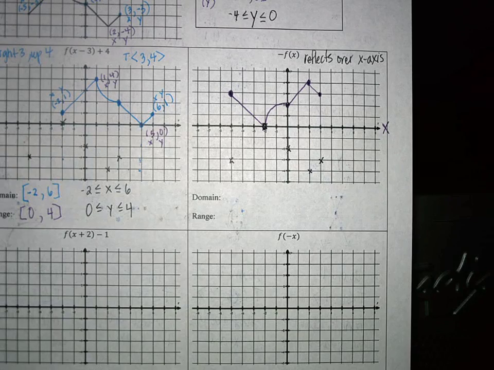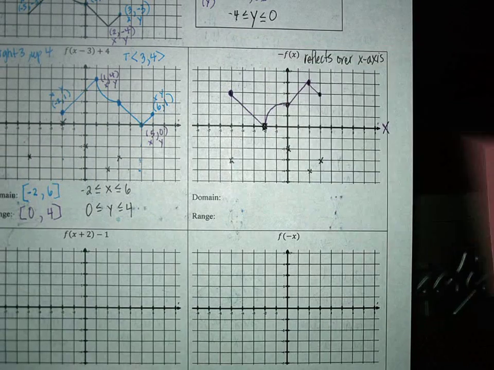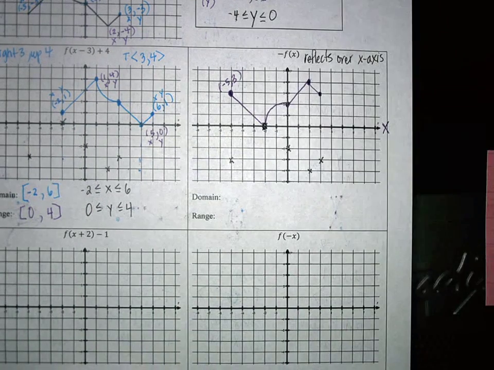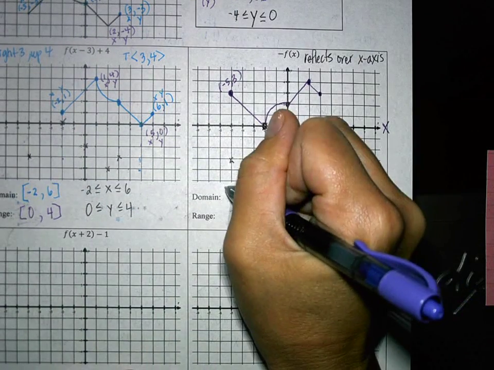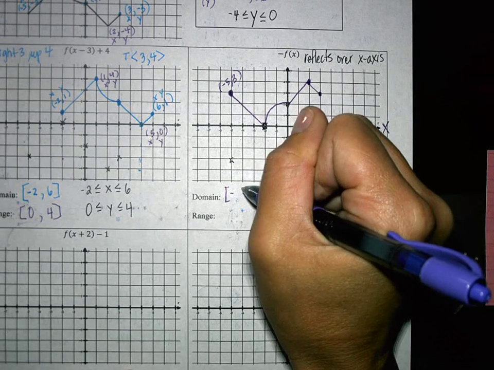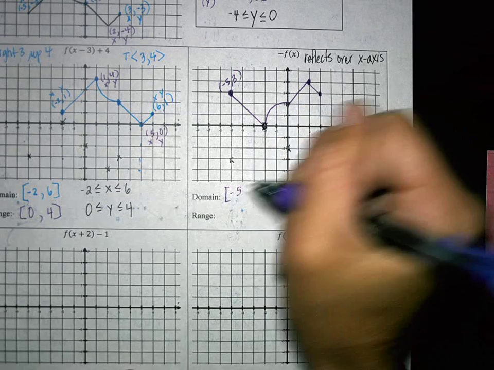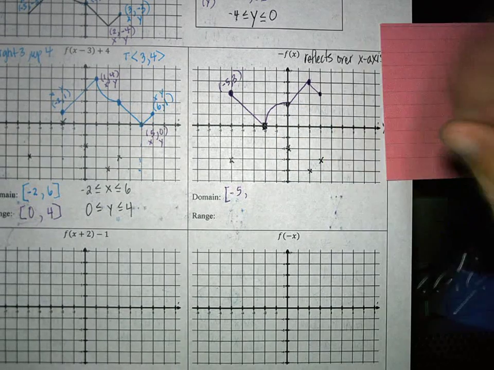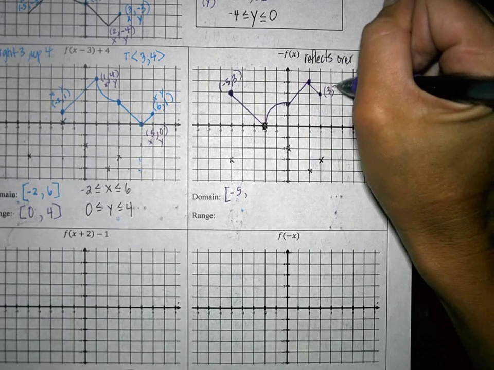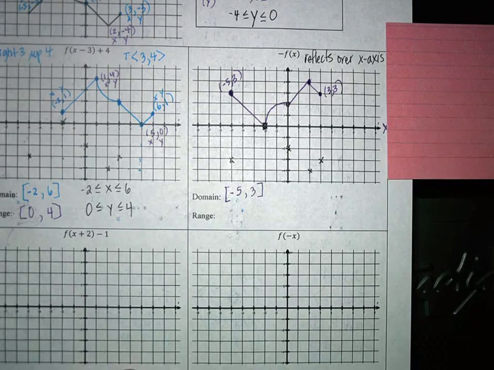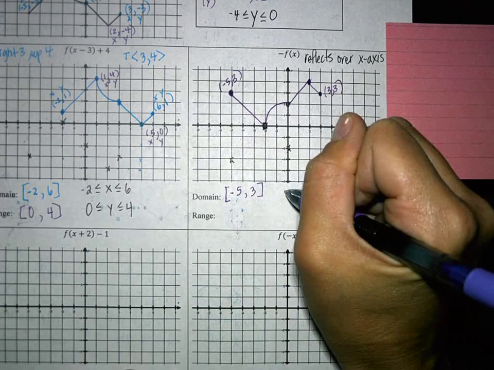But starting with my domain, what is this ordered pair right here? Good, negative 5, 3. And so for my domain, we start at negative 5. Good. Okay, and then we go all the way through, and this ends here at this point, which is at 3, 3. And so my domain ends at 3. And writing that in inequality form would be negative 5 is less than or equal to x is less than